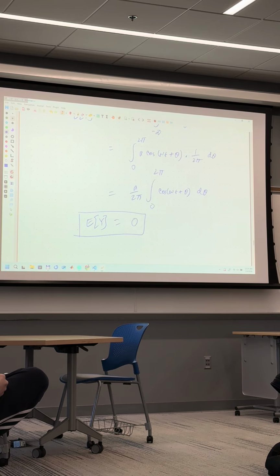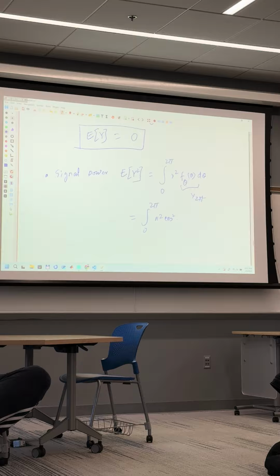And this is basically 1 over 2 pi. So you substitute the expression of y: integration from 0 to 2 pi of a squared cosine squared of omega t plus theta, and you bring 1 over 2 pi here, and you bring a squared out of the